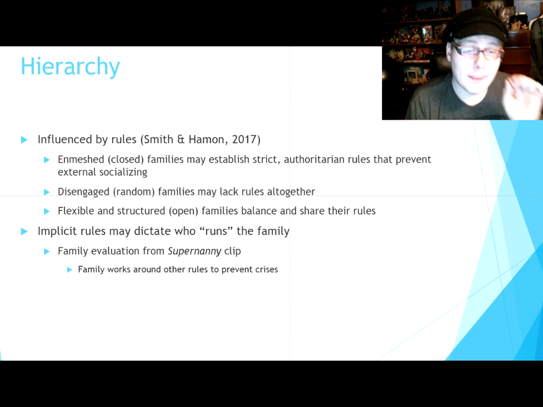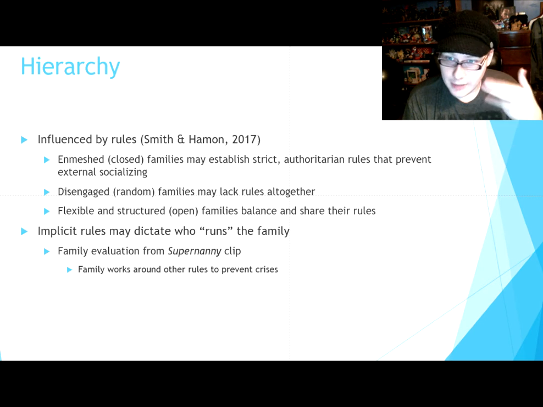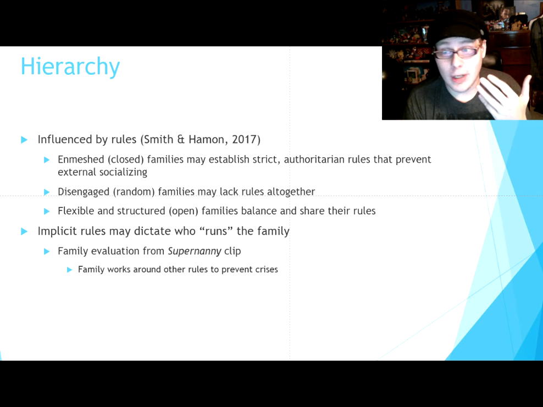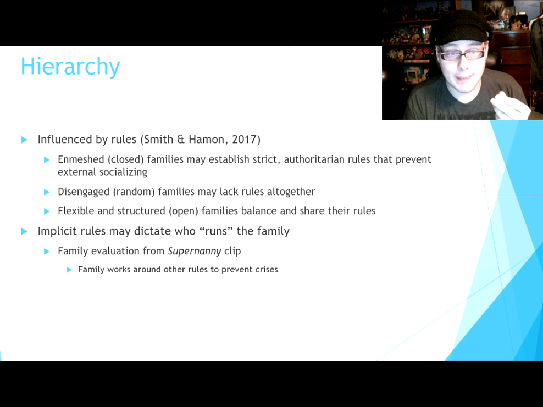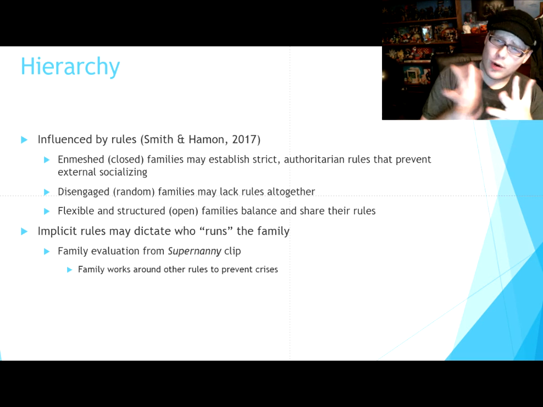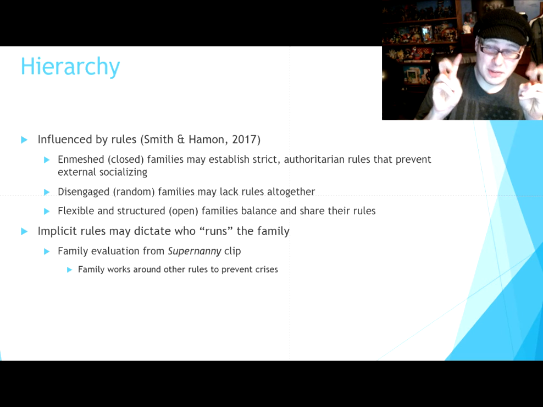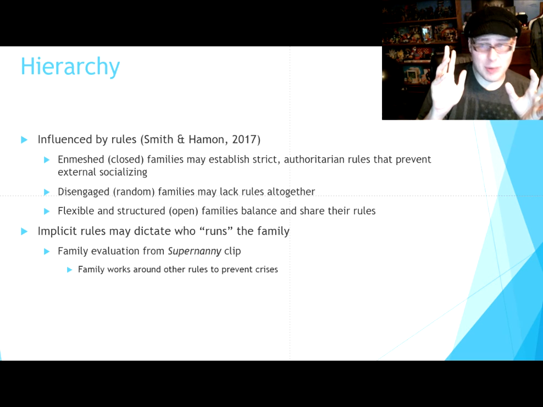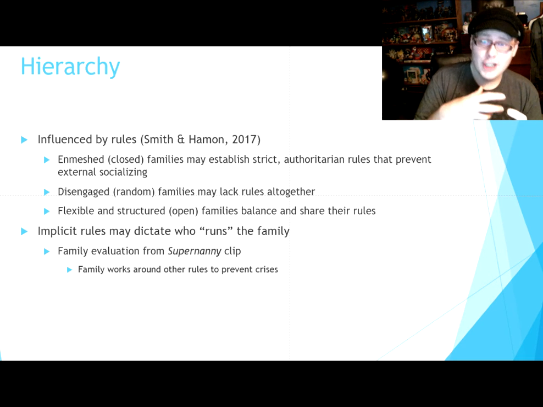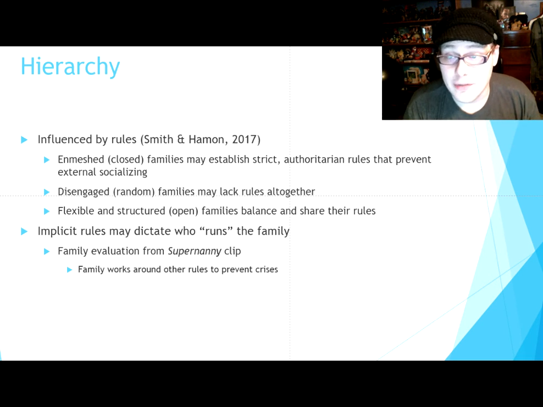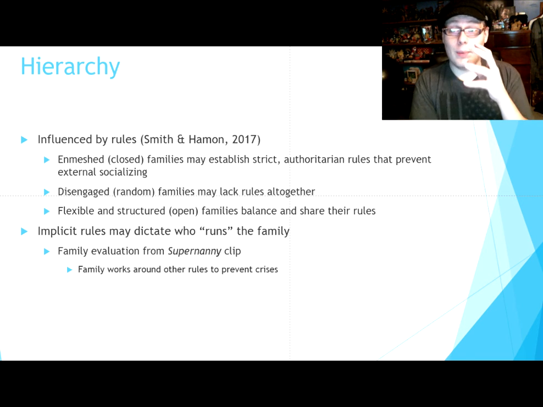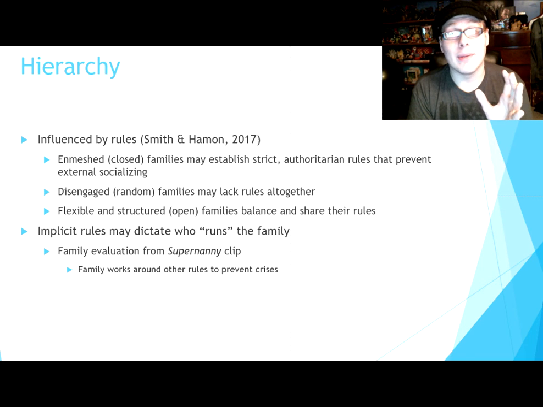Now, implicit rules, the implied subconscious rules, may dictate who runs the family. That brings us back to what I was talking about earlier, the Super Nanny clip, where they work around whatever rules they may have previously established, and generated new rules to cater to the needs of their 4-year-old, because he would throw a fit whenever he wouldn't get his way with anything.